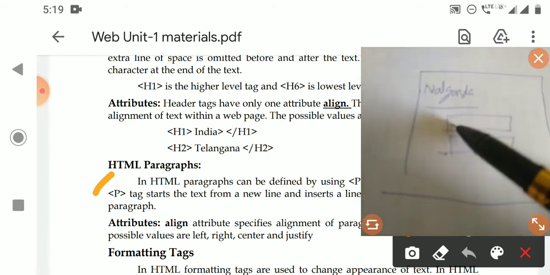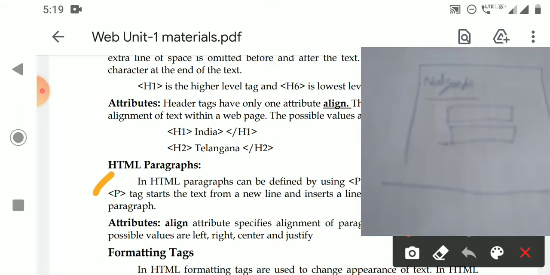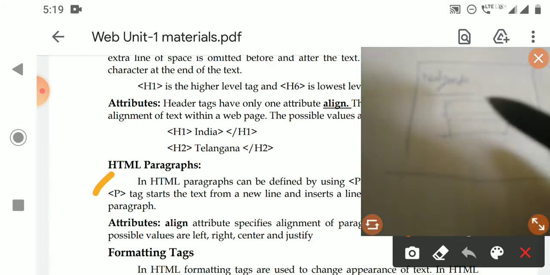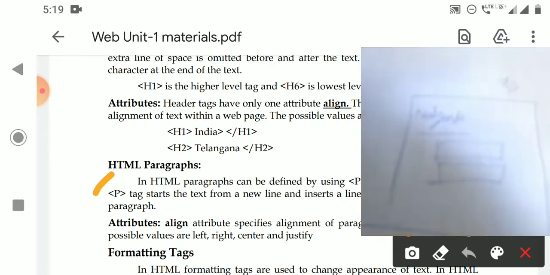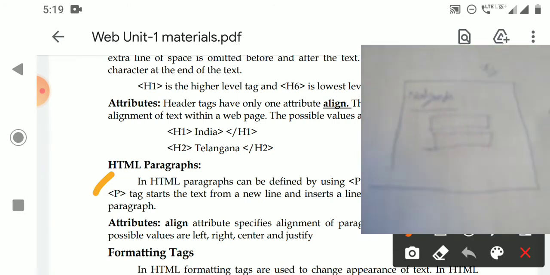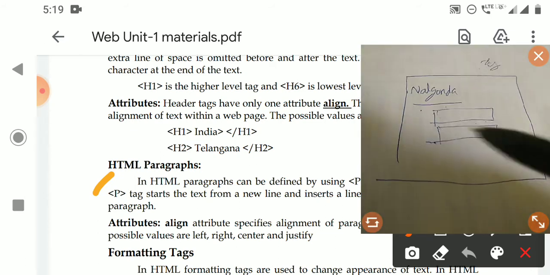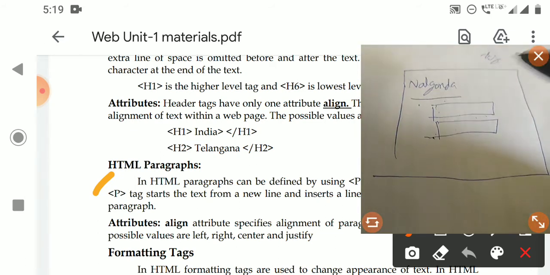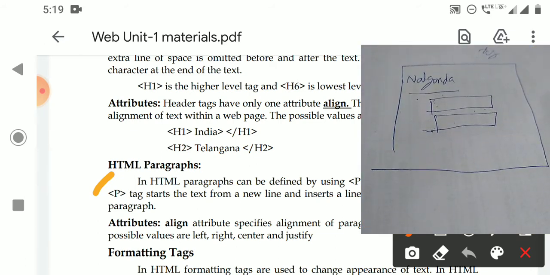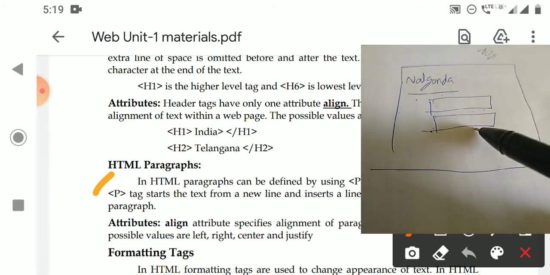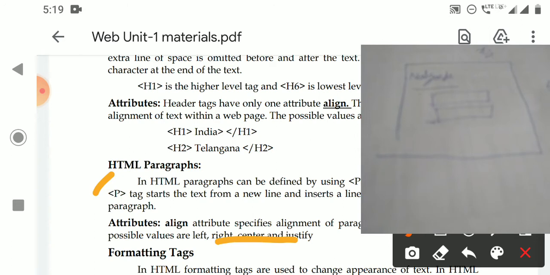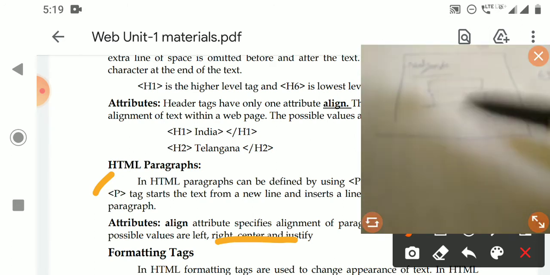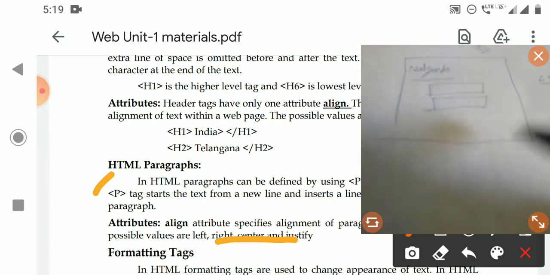So this is a paragraph. Before this paragraph, one line break will be given. So for example, line break means, after one word, instead of the next word coming directly below it, some space comes instead of the next line. So that is what the paragraph tag does. That means the paragraph tag inserts a new line and a line space before and after the paragraph. A line space is given before and after the paragraph.